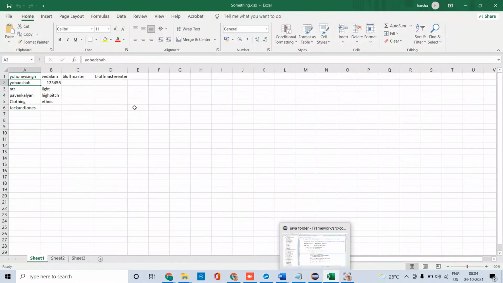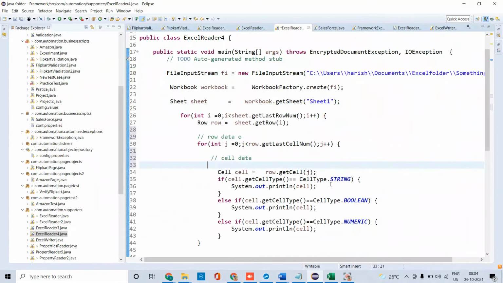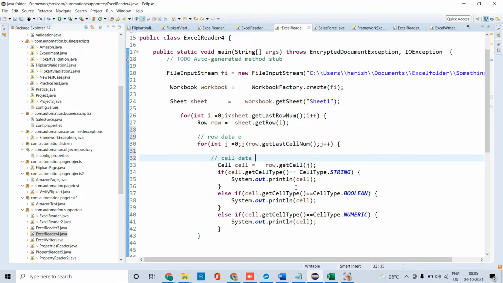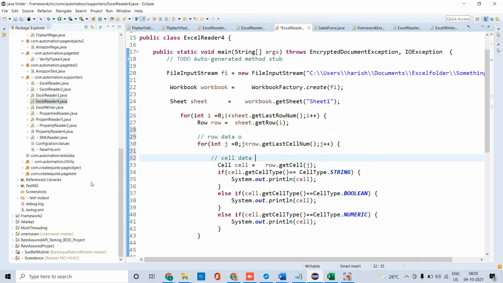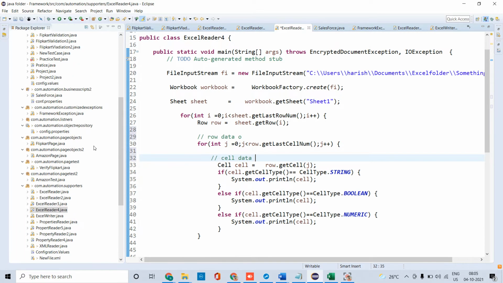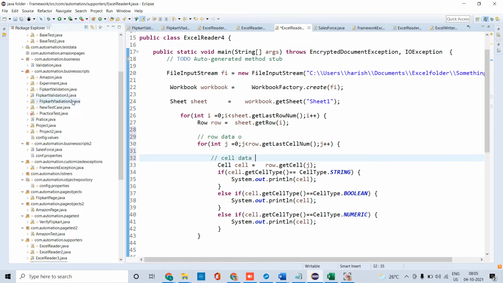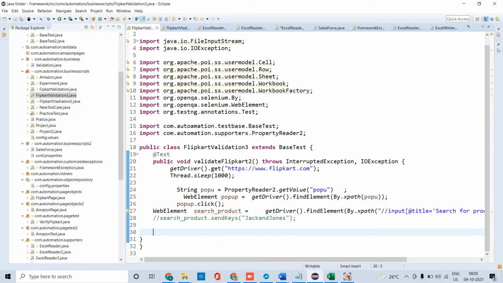There, if we don't have data, then the condition will fail. Like that, the total loop will calculate in that way. That is the process it is following here. Now I am able to get the entire data. Now I want to supply this data to the script. Now I will write the data for the script and let's see if it's working fine or not.